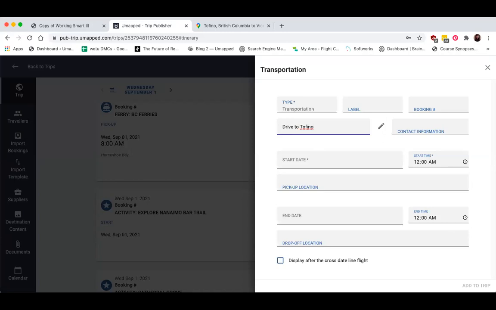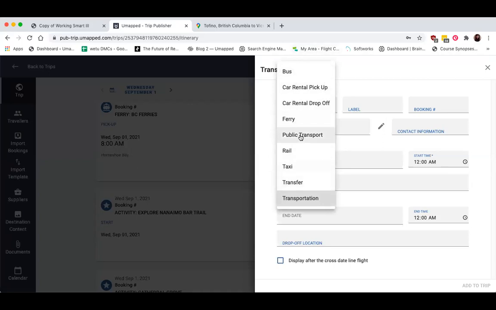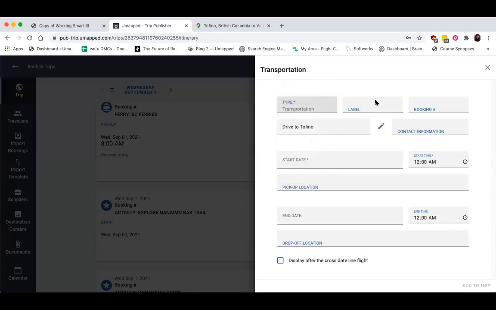Please also note that if you can't find the appropriate transportation type from the drop-down list, let's say none of these really worked, you can always create your own just by adding to the label field directly to the right of that. This field is going to override the type field. So if, for instance, you've booked a limousine or a private boat, you could always write that into the label right here, and it will erase whatever's in the type.